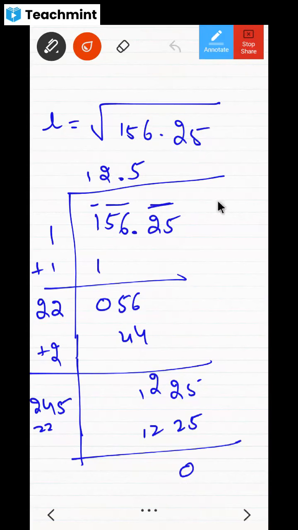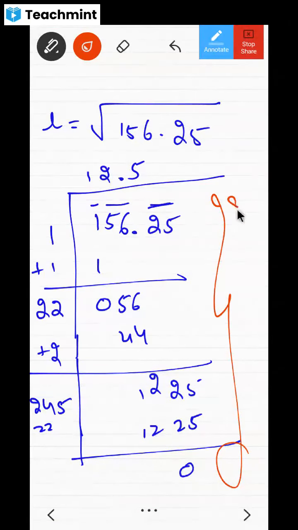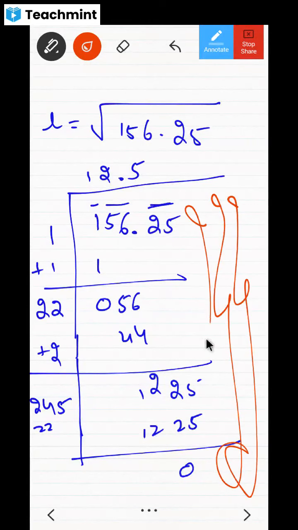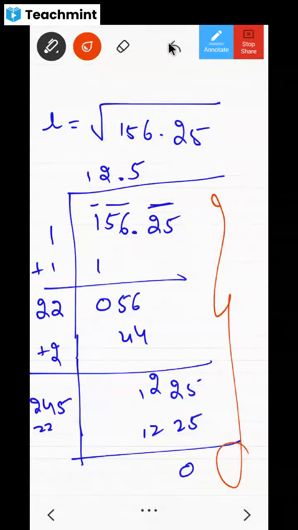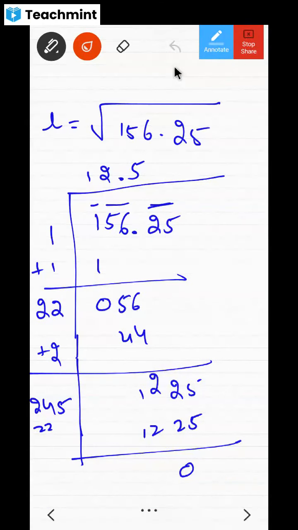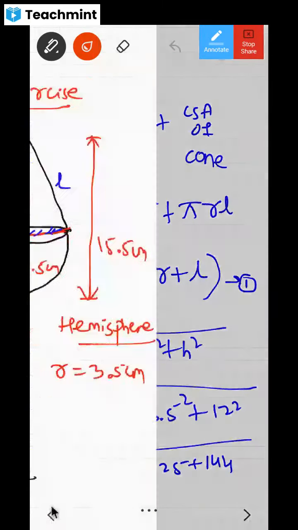Those who did not understand how I found this out, say yes. Oh, that means everybody knows then. Okay, fine. Anyway, I will be teaching you this. Already I have taught you. One more time I'll be teaching you. No need to worry at all. I'll get that video. All right. So is this understood? Is this question very, very clear to everyone?